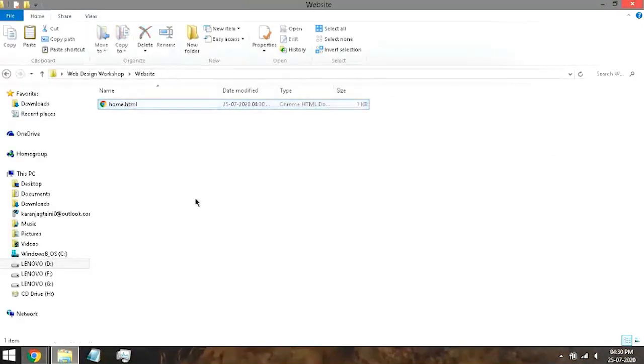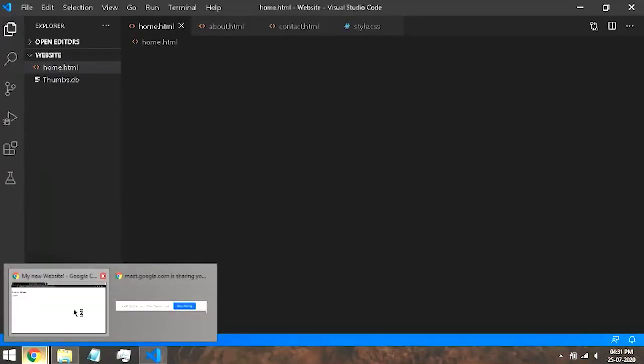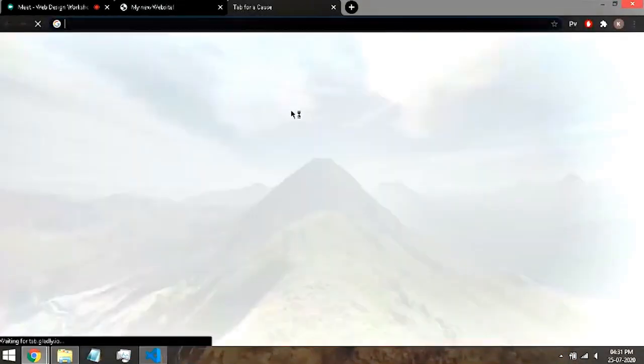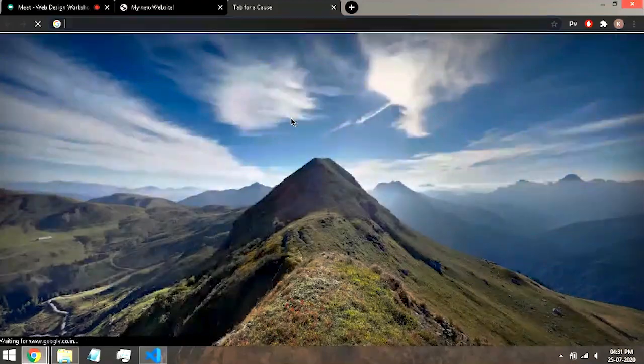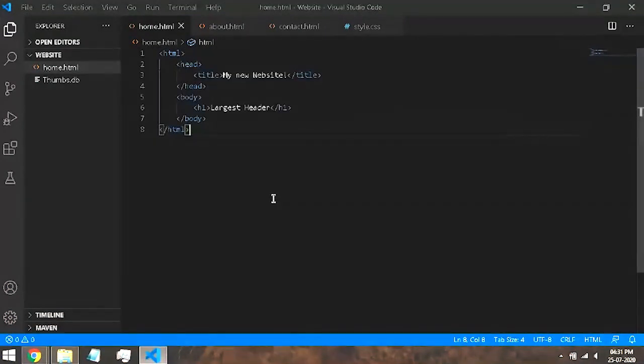So for this entire workshop, we will not be making our website in Notepad because it takes time to type each and every tag and to close each and every tag. So there is an IDE called Visual Studio Code. IDE stands for Integrated Development Environment, basically used for developing big projects. So a website is obviously a big project if it's of a large scale. So we always want to make our website in a development environment. And this is what Visual Studio Code is.